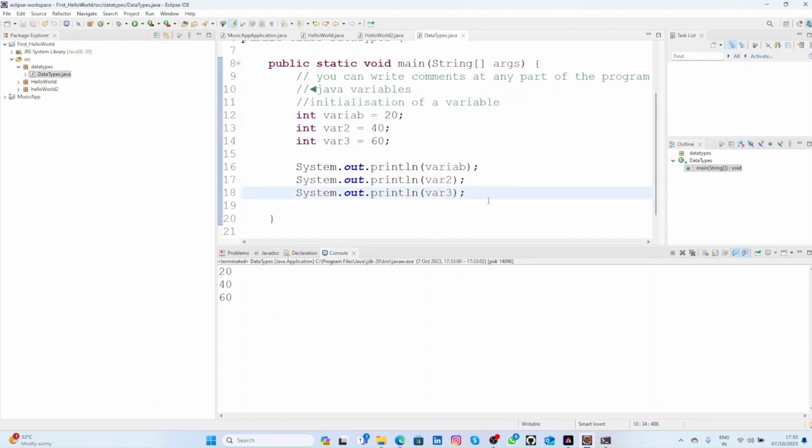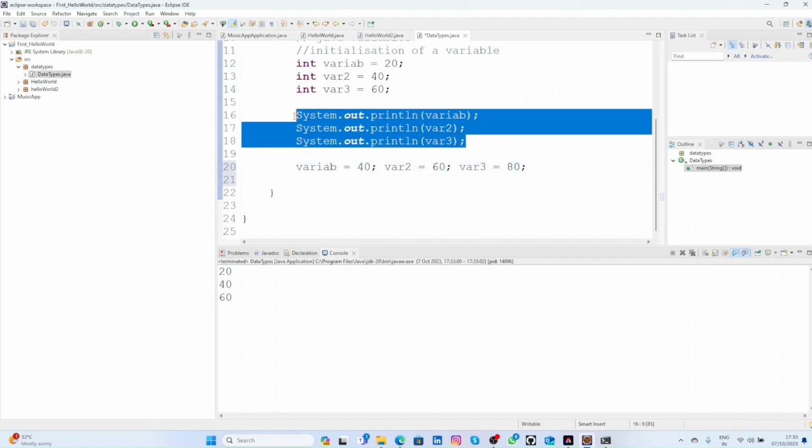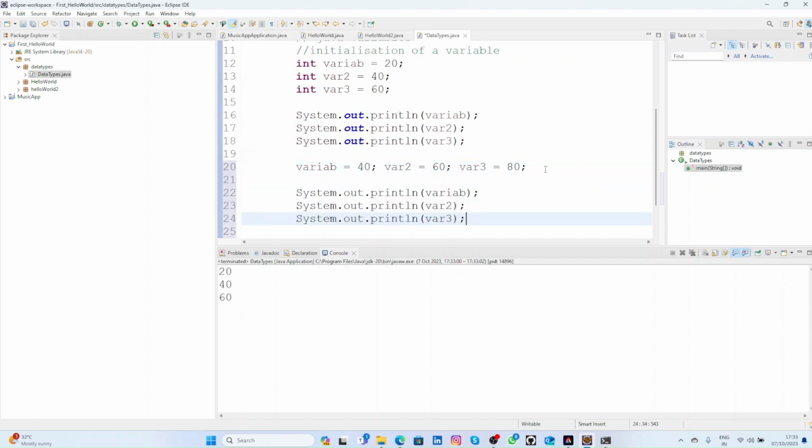We can change its values also. How can we do that? Just simply type var1 equal to 40, var2 equal to 60, and var3 equal to 80. Now just copy this code and print this again. Now see, if you run this again,